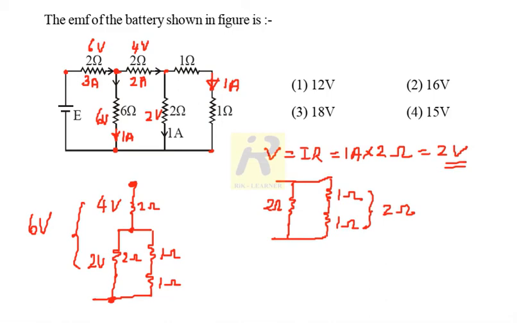So finally, from here to here we are having 6 volt. And at this junction the voltage is common, from here to here for all branches, it is 6 volt on this side. That means we have to take only the sum of the potential difference across this resistor and this resistor. It is 6 volt plus 6 volt. So it will be 12 volt, which is the answer, 12 volt.